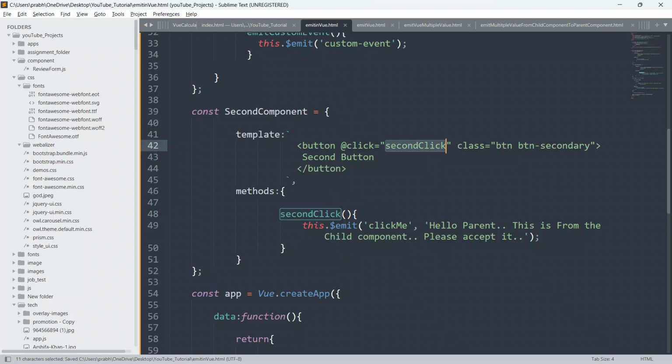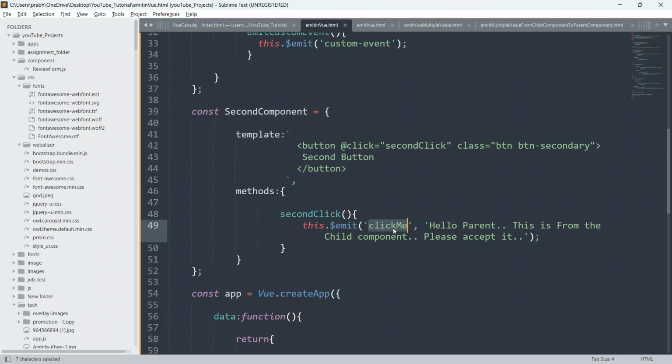Now whenever a user clicks on this child button component, it will trigger one method. The method name is secondClick, and this secondClick method will emit a custom event named clickMe.